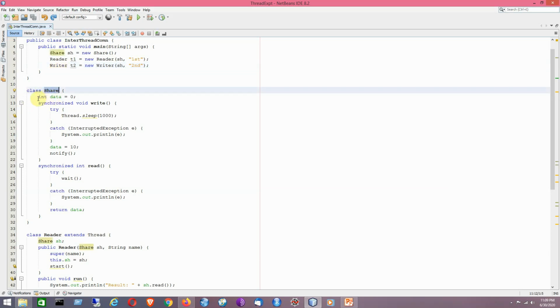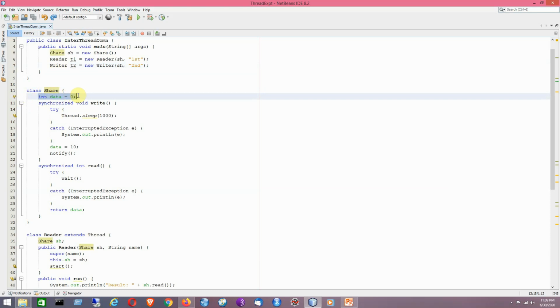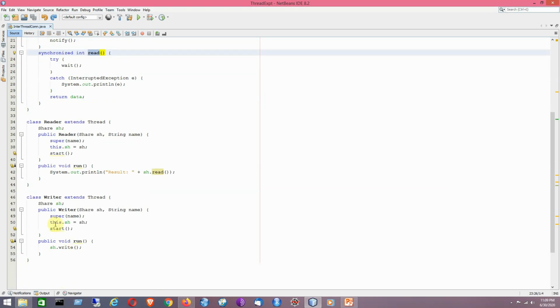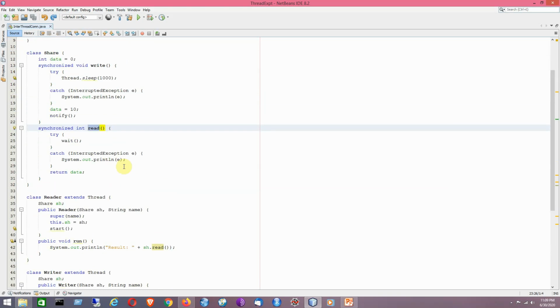It has an int type variable. We have two methods, write and read, and we also have two different threads. One is called the writer thread, another is called the reader thread. The writer thread will be using the write method and the reader thread will be using the read method. So that is the idea.